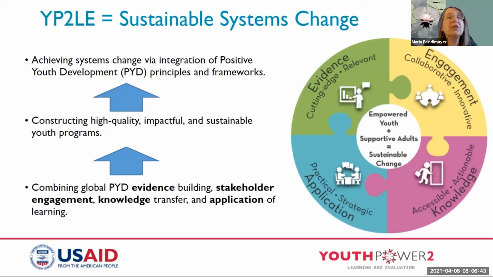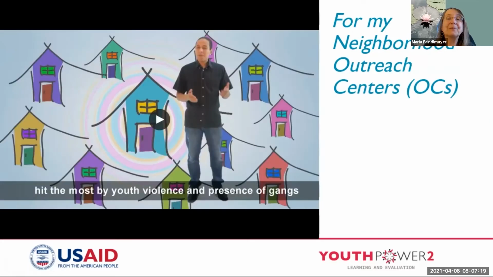And we will start with a brief video. One of the key features of successful positive youth development is safe spaces. They serve as a hub in marginalized communities for delivering other positive youth development features. And so we will have this short video, thanks to our colleagues from Creative, to highlight the impact of these models in communities. Cole, over to you. Thanks, Maria. I'm just going to go ahead and start the video for us. Thanks.